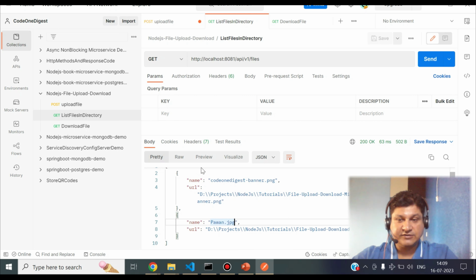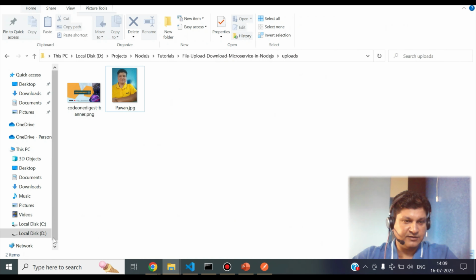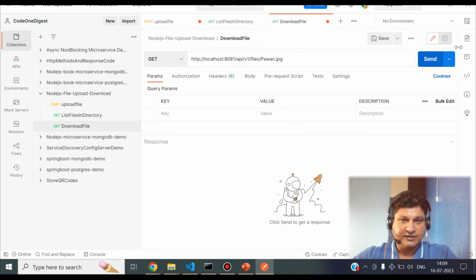Now I'll try to download an individual file by name. Let me do that. So we have another endpoint, the third endpoint of type GET, where I'm saying http localhost 8081 slash API slash v1 files and the name of the file. So I'll do that: pawan.jpg. This is the name of the file we have here in the upload folder. Now I'll hit and see if we are getting the file as a download through this API,